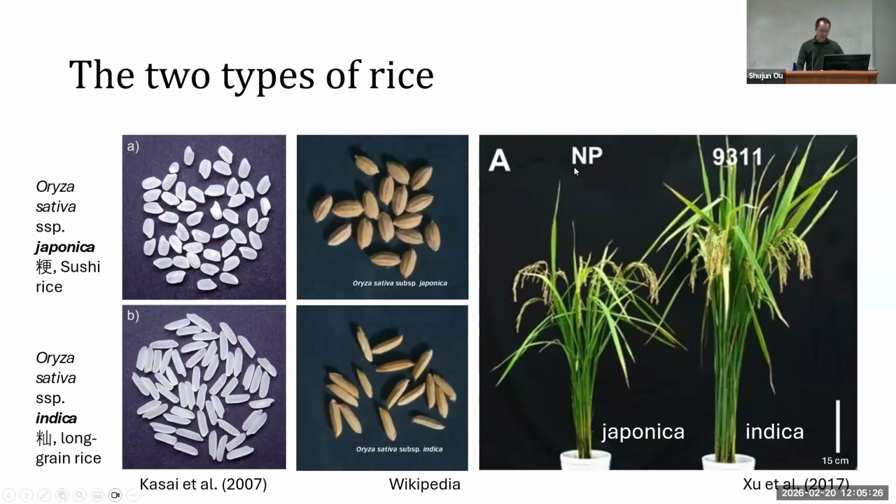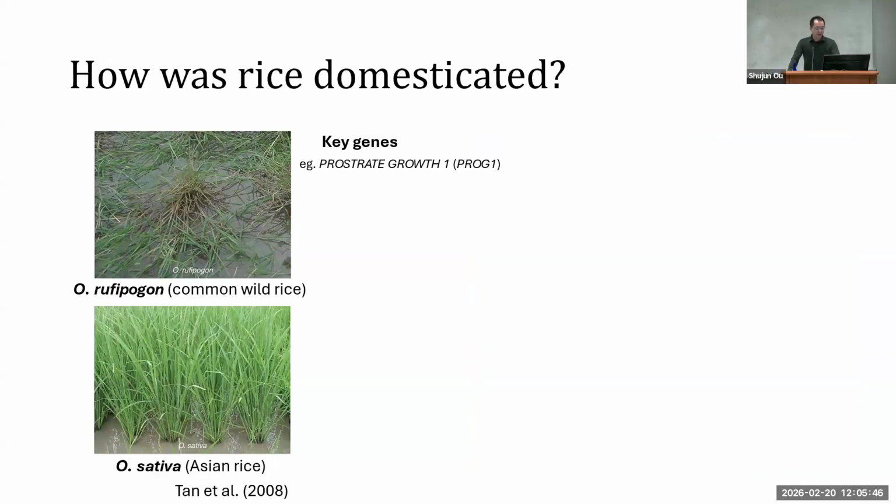Nipponbare is the reference rice genome, which is the typical japonica, and 9311 is the typical indica, and you can see the morphological differences. So since they are all rice of the same species, how do they come together as two very drastically different, what we call subspecies? And the question came with the initial domestication. That involved converting a grass, like what you see on top here, into a very highly neat plant and highly managed. These key transitions, we call the initial domestication or key